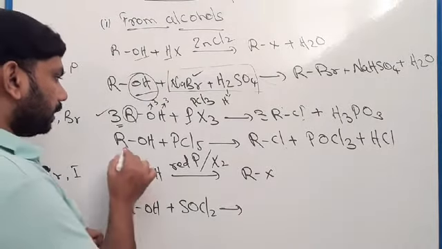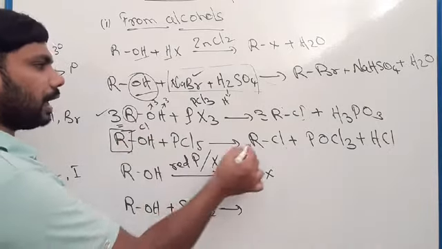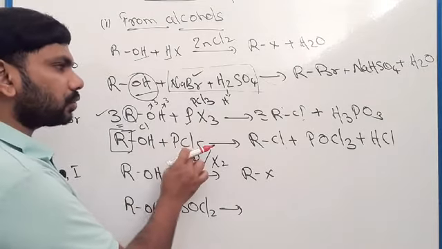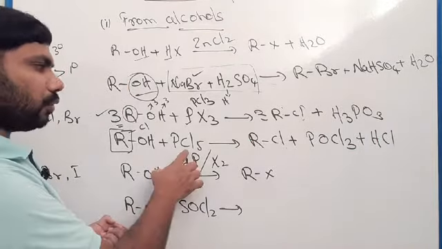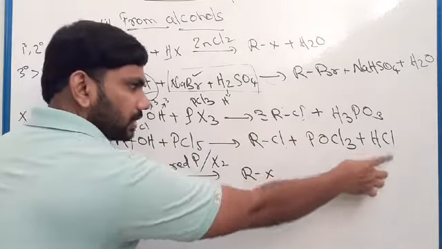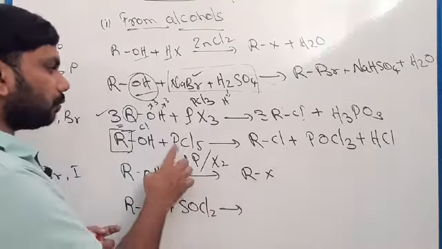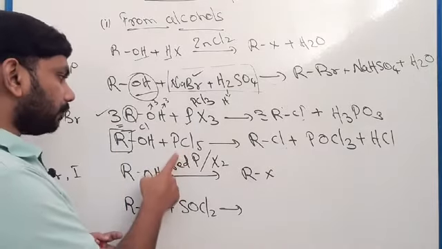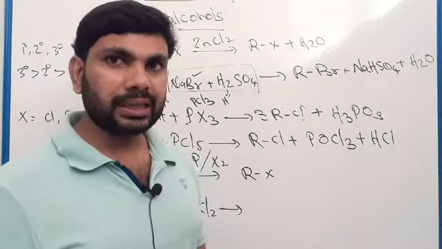Look here. The alkyl group and 1 halogen combine to form alkyl halide. So 4 halogen left, 1 hydrogen and 1 chlorine reacted to form HCl. So 1 chlorine came with the alkyl group, 1 chlorine came with hydrogen as HCl, so 3 chlorine left. 3 chlorine, 1 phosphorus and 1 oxygen, that is POCl3, the product.